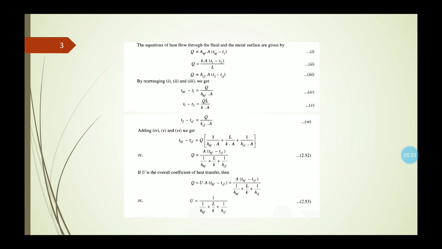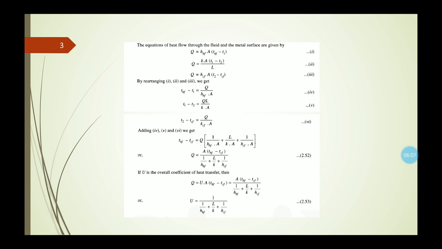Now, from these three different equations, we can represent them by considering only the temperature gradient. In terms of the temperature gradient, we have represented the above three different equations. After considering equation numbers 4, 5 and 6, if we add these three different equations, in that case we will,